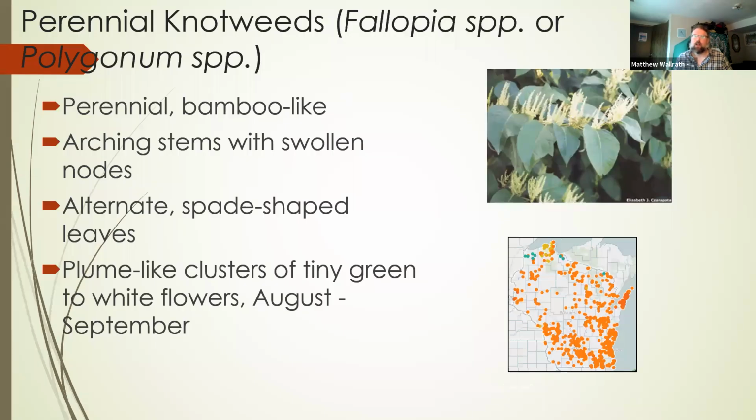And there are more than just Japanese knotweed. There's also Bohemian and giant knotweed, but they all look quite similar. They all have these alternate, somewhat spade-shaped leaves. They have flowered stalks coming off the side, and they're treated the same way either way. And it can be hard to tell even from a professional botanist's point of view. You can put them in as just an invasive knotweed into EddMAPs, and that does a lot of good,